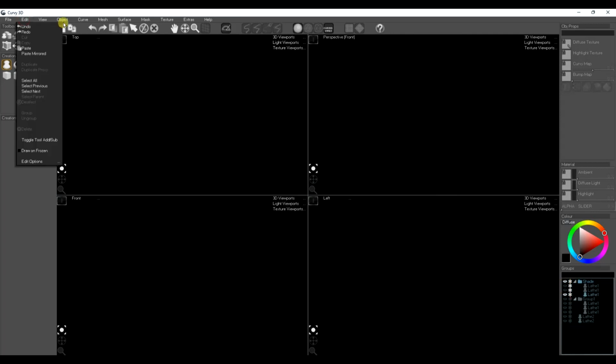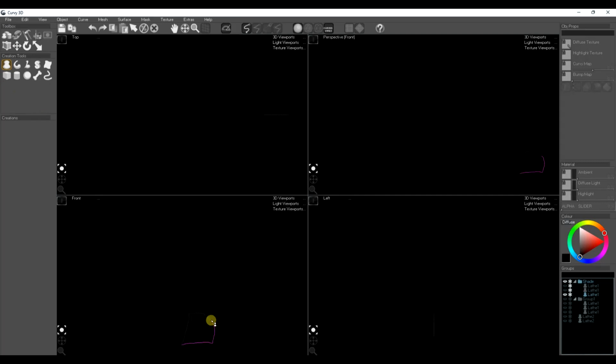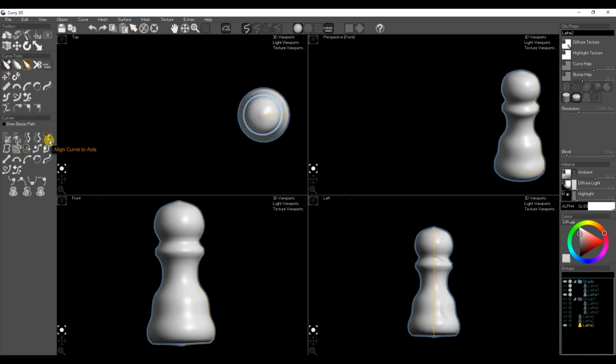Finally, I'm going to go back to the non-Bezier paths and draw a chess piece. Once again, I'm drawing out only the very rough shape of a pawn, and use that Align Curve to Axis tool just to make it straight in the viewport. Increase the resolution, and then I use the circle segment, holding Shift to change the shape of the top of the curve. Now I'm going to go back to my grab tool again, my pull tool,